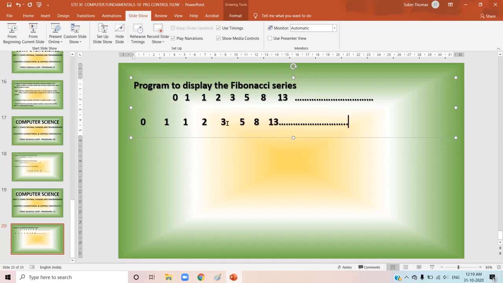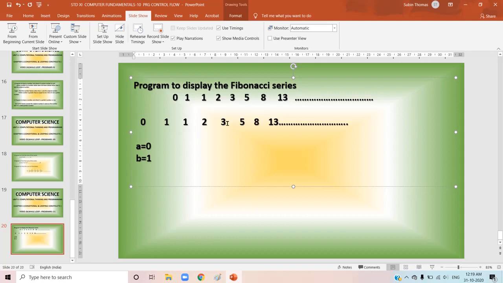So you have to generate a series in this way. We don't want to find the sum. In our question, we just want to generate the series. The first two values are the constant values. I can assign A as the first value 0 and B as the second value 1. So A and B are the first two values, constant values, and I can print them. So A and B will be displayed.